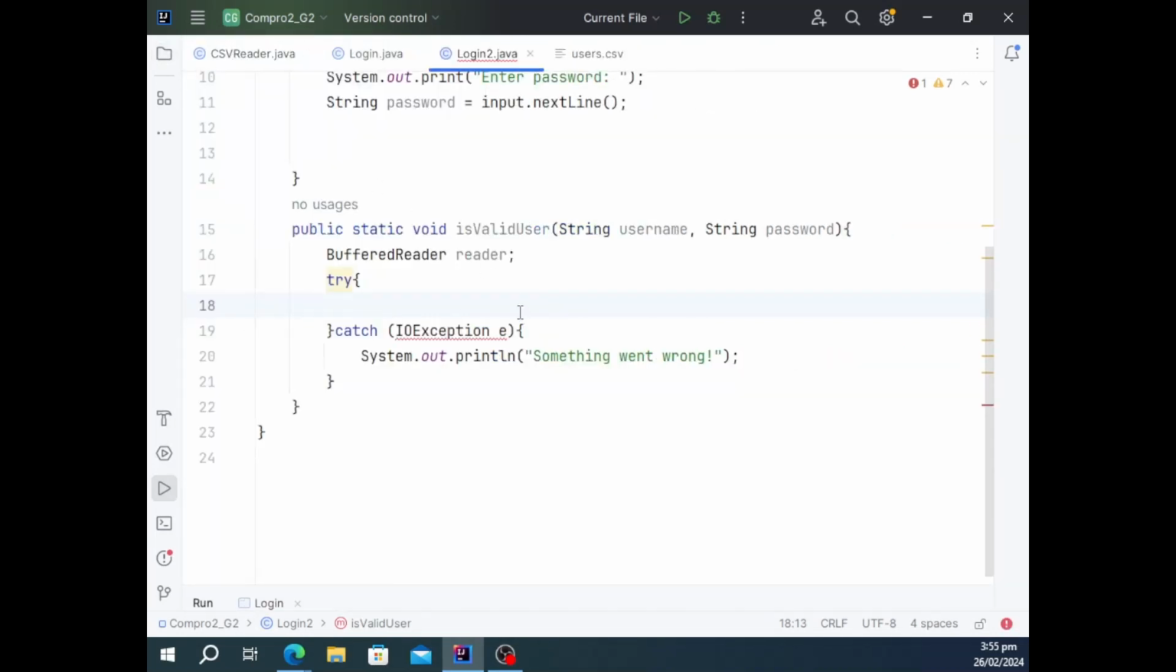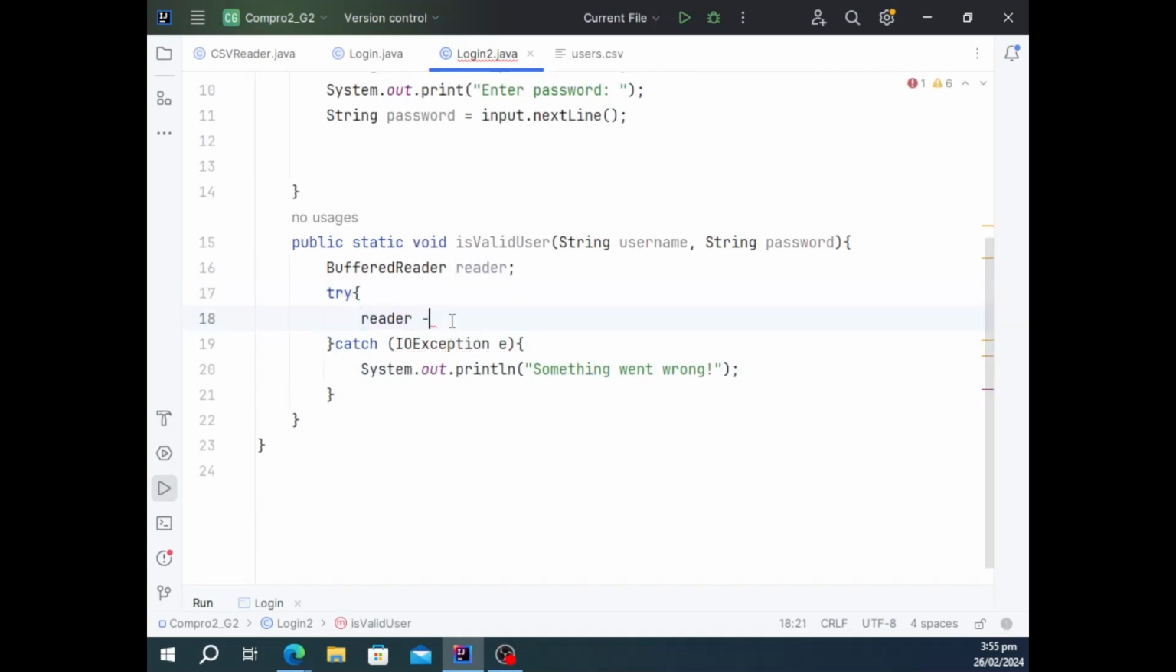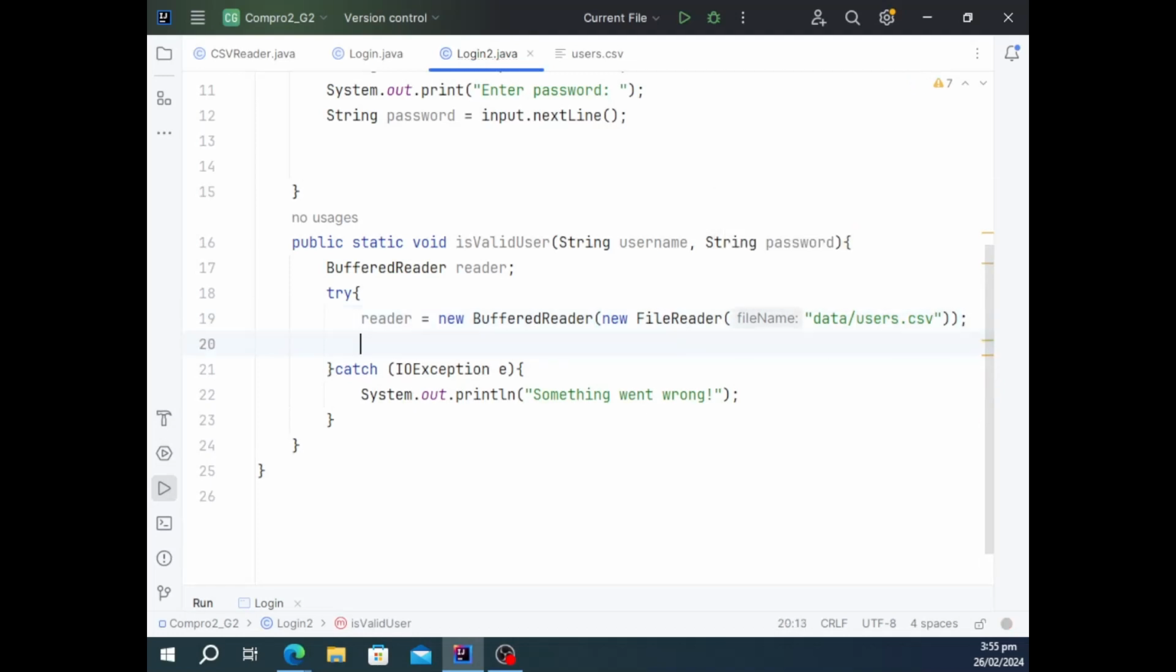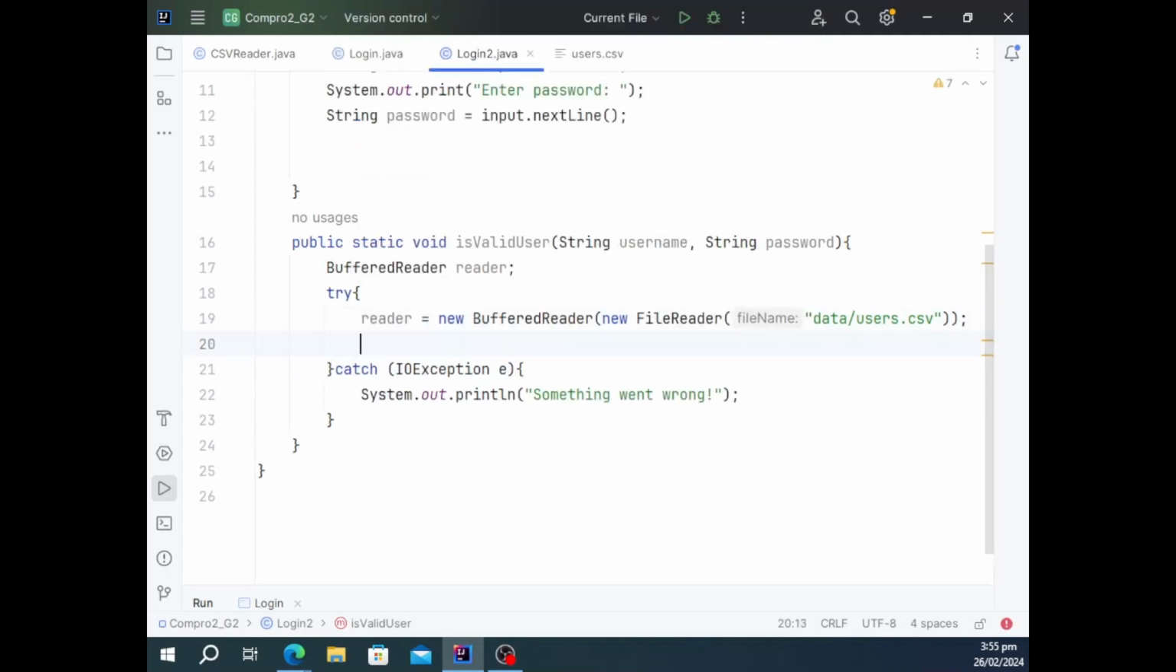And then reader is equal to... what's happening? I'm rushing. Reader is equal to new BufferedReader, new File, similar to what I discussed already. The path is data slash users.csv. Okay? And then we're going to read. We're going to discard the header by just reading reader.readLine. Then